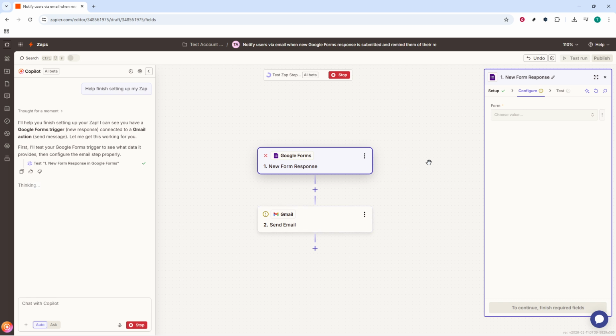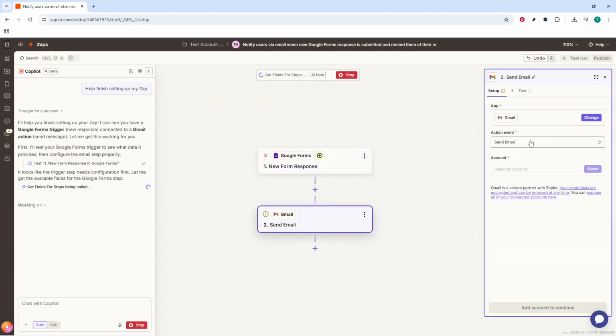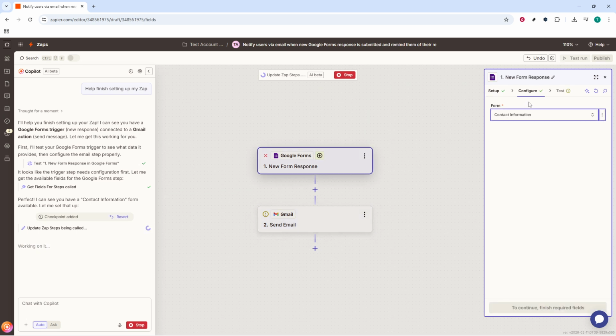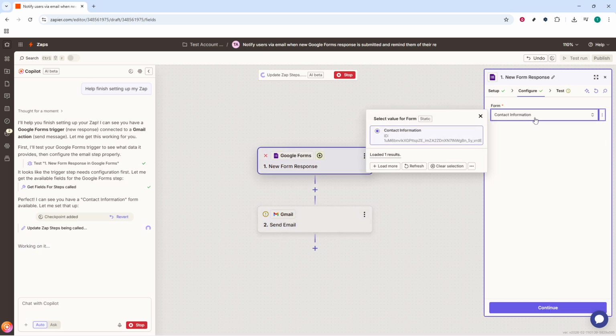Next, review the steps. Make sure the trigger matches how you work. If the template watches for labeled emails, choose the label you actually use. In the action step, pick the exact spreadsheet and worksheet and map the fields so the right email details land in the right columns. Use the built-in test option to pull sample data from your trigger app and confirm everything looks correct. When everything is set, give your Zap a clear name so you can find it later, and then